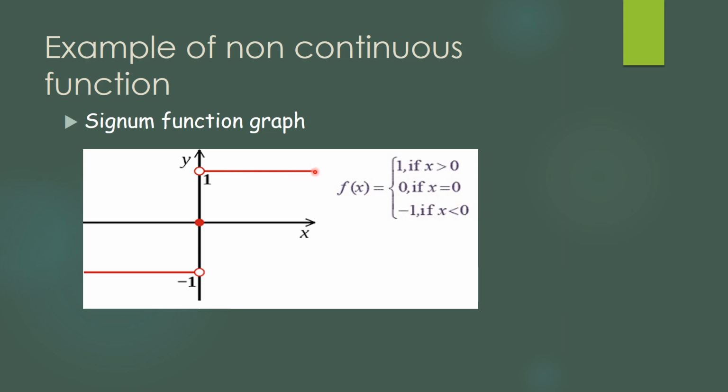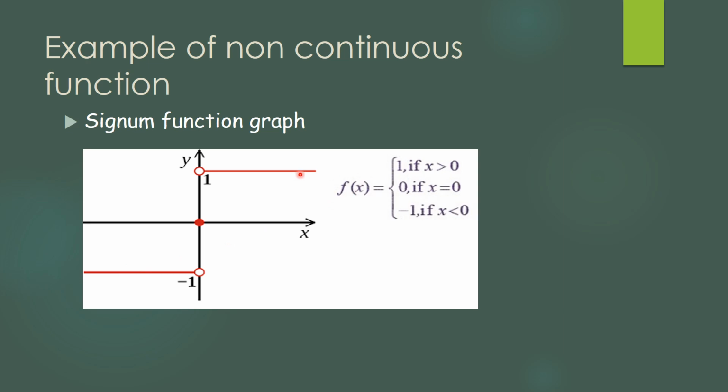For every positive x, the line will start, but not exactly at 1, because x should be greater than 0. So this is a straight line that we have drawn. At x equal to 0, we get the value 0. So this is what we get at the red pointer. While for the negative values, it is not exactly at minus 1; from the next point from minus 1, this will be a straight line.